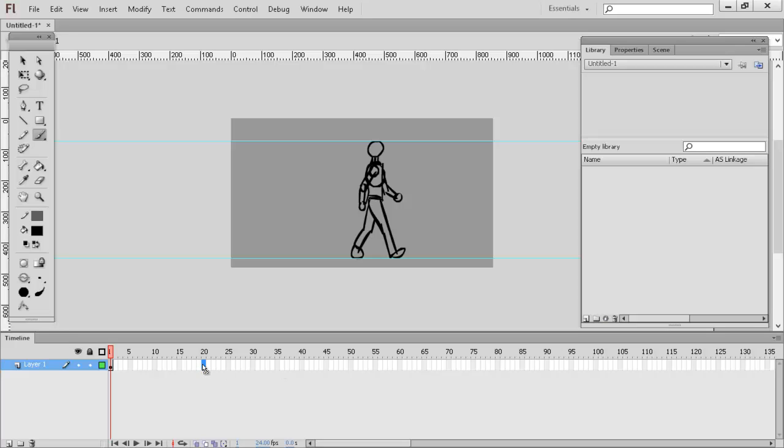F5: if you press F5, you go to that frame. And it's blank, meaning this little square you see here means it's always the same. Look, it's always the same animation. If you press F6, it's going to make a little dot like this. This means it's going to